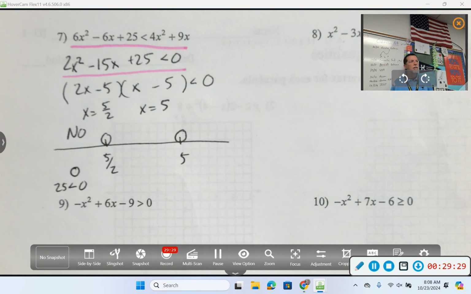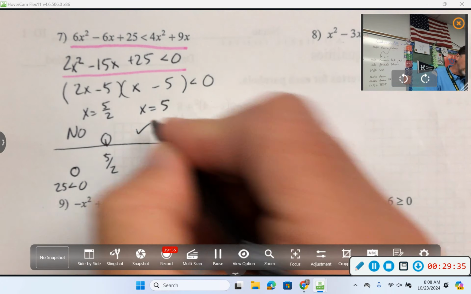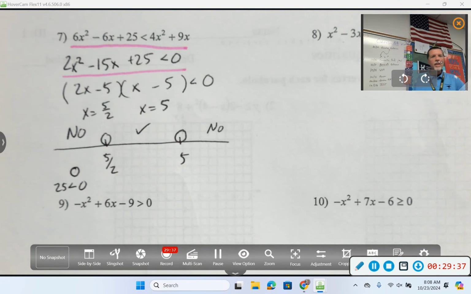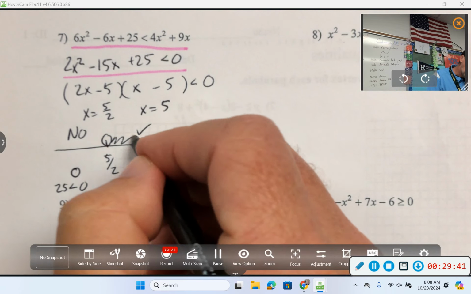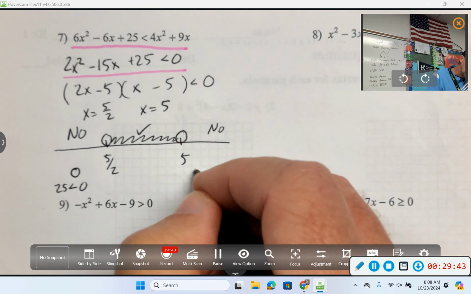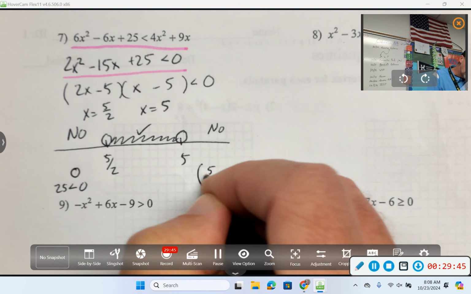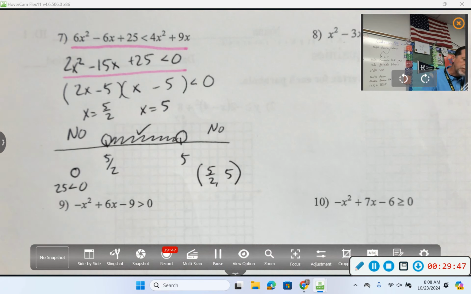What's the other? We'll get there. So I can alternate from there. So this one's a yes and this one's a no. That makes interval notation easy. So interval notation, 5 halves to 5. Oh man, we saw that one the other way. Okay, the other way is